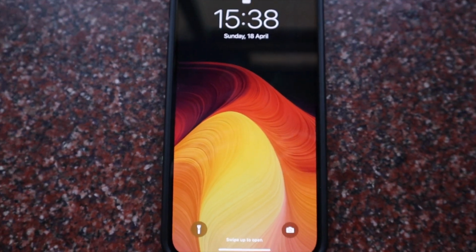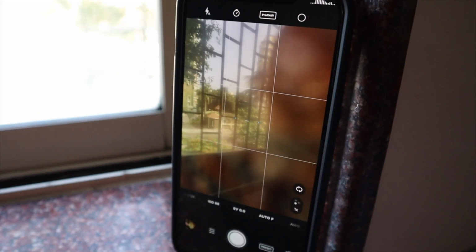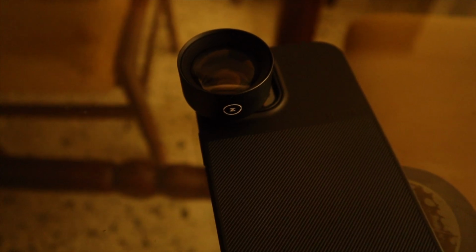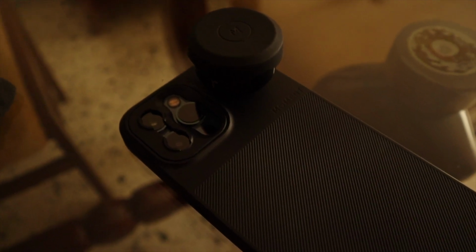You're going to look at me and go like, no, but the new iPhones have something called Apple ProRAW on them, but you need to remember that this is only available on the Pro model. But if you're somebody who has the iPhone 12 or the iPhone 12 mini or any of the older iPhones, the ability to shoot raw on the native camera app still doesn't exist, which is why I had originally bought